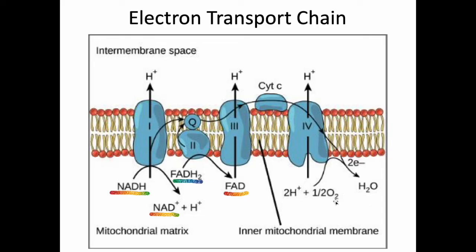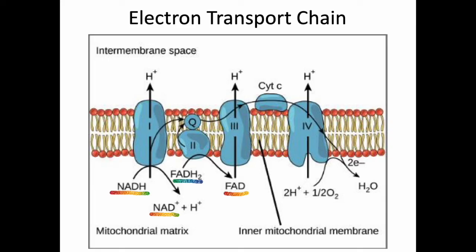So this is why we need oxygen to live, because the final destination for these electrons from these electron carriers, as they're passed from protein to protein to protein, is oxygen gas. Don't worry about balancing this chemical formula here, but when you throw electrons onto oxygen gas, you're going to grab some hydrogens from the environment, and you're going to create H2O. So this is why we needed O2 as a starting material, and this is also why H2O was one of the ending materials. It's sort of a byproduct of this electron transport chain.